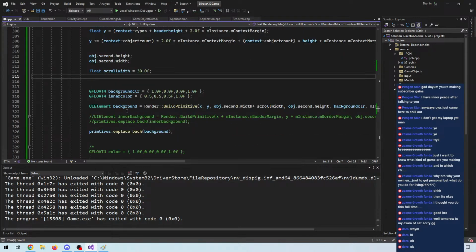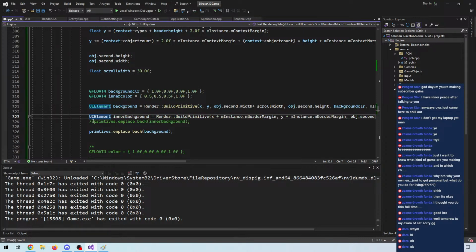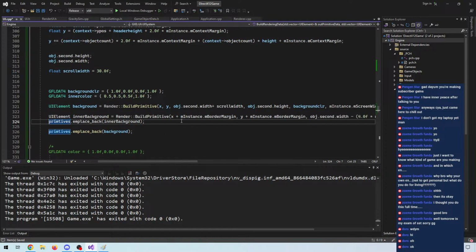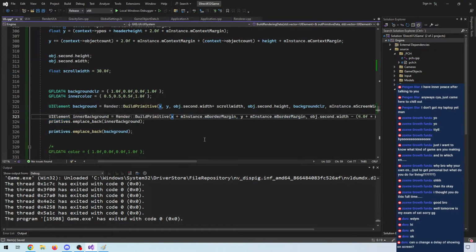And then we know that we want an inner background for the scroll bar. So now we can use this again. But instead we want to not only offset it on the X,